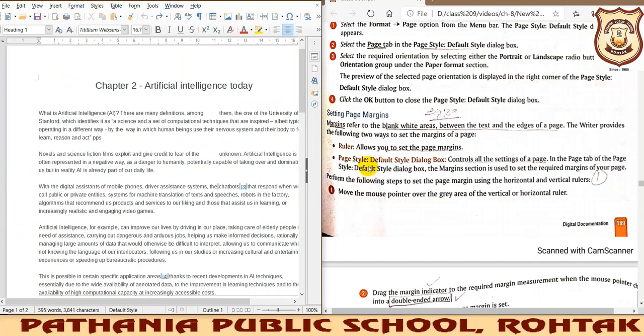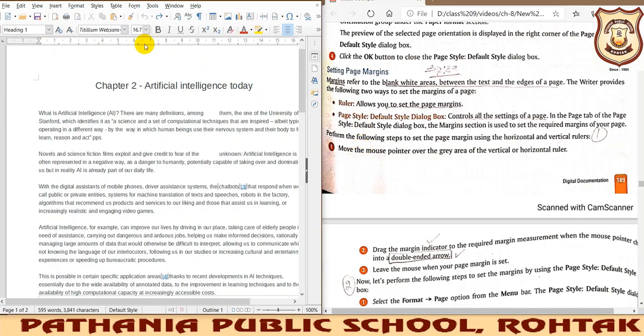The first way was the page style from the Format tab, and the second is from the ruler. This is the ruler present on the top, and we can adjust the margins from here. When I take my pointer to this gray area, the mouse pointer changes its shape and becomes a double-ended arrow.